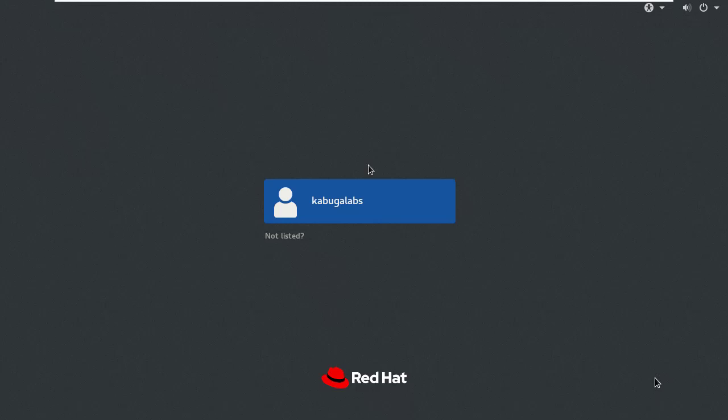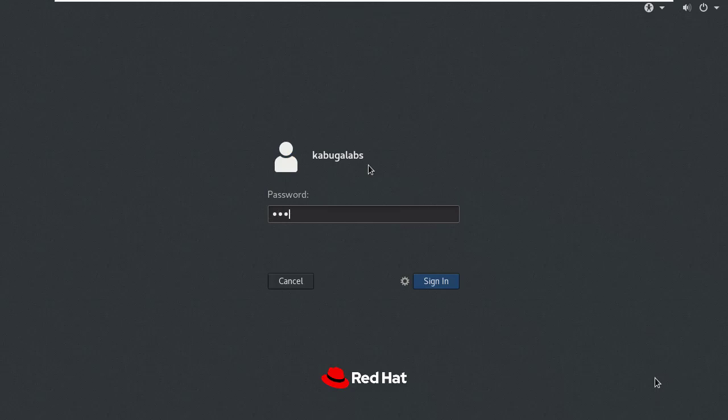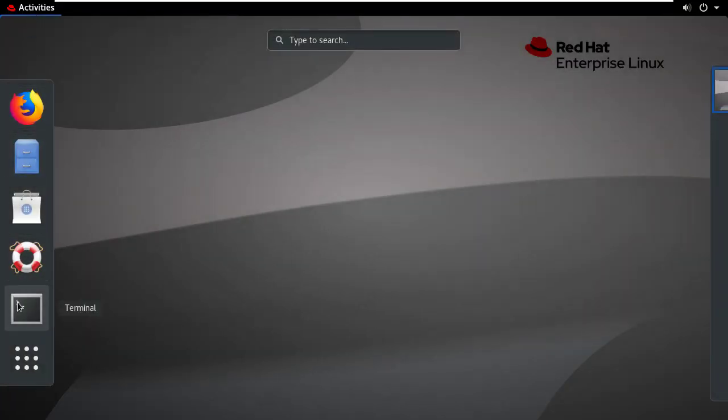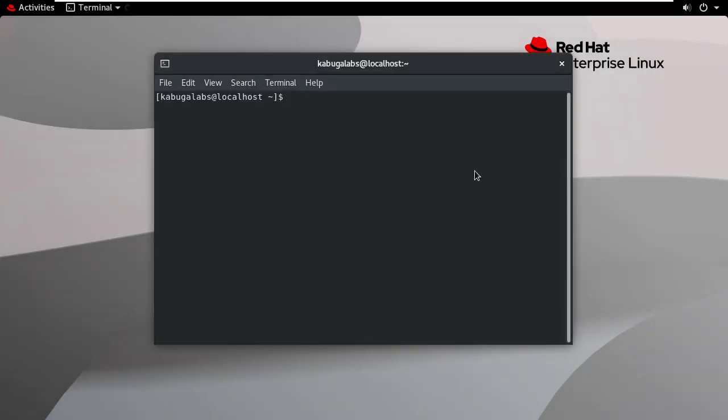Although we haven't installed Red Hat, let's have a lab to demonstrate what we have learned so far. First of all, let's see how to verify the kernel that is running in the system. I'm going to log into my system. Right now I'm on the Red Hat 8 desktop, and what we need now is a terminal where we can type in a few commands. I'm going to go here to activities, select terminal, and it opens up this window.